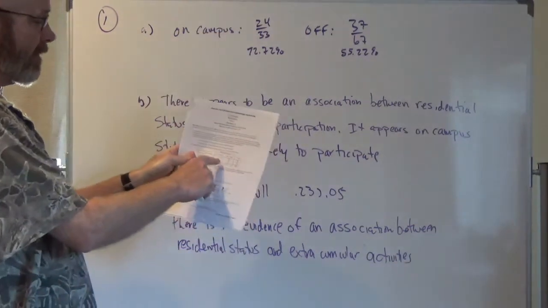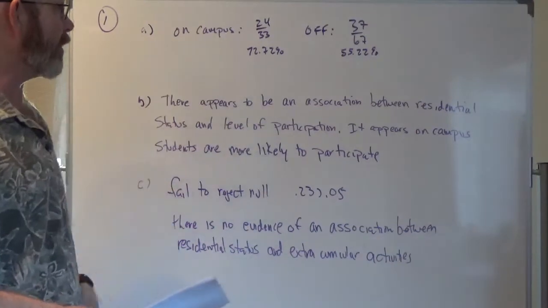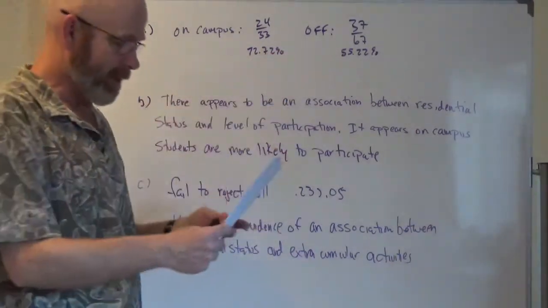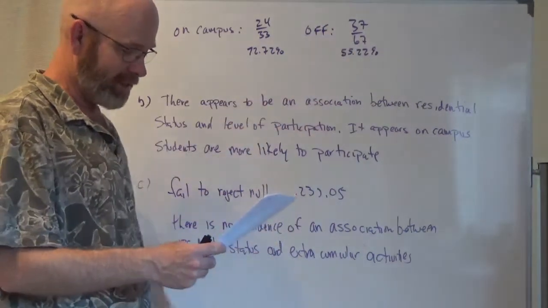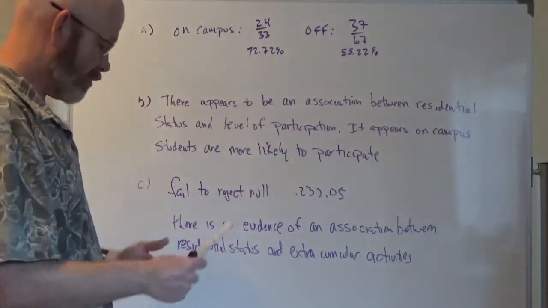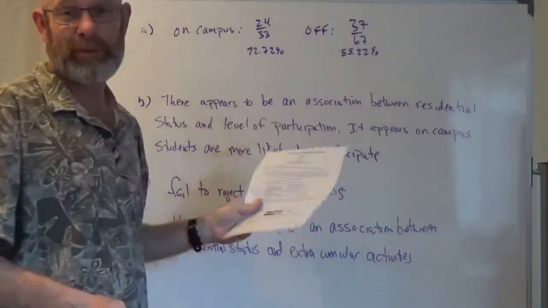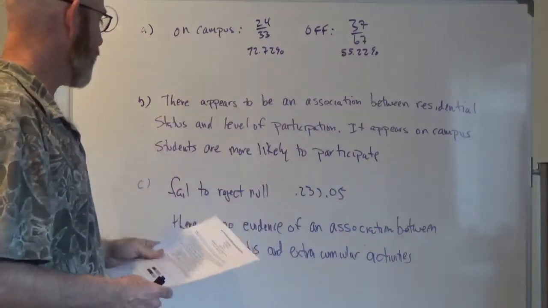Just reading the chart, the 17 plus the 7, 24 out of 33, 72%. The off-campus, 25 and 12, 37 out of 67, 55.22%. Then they drew a little plot, which I'm surprised they didn't make you do, actually, based on that, and